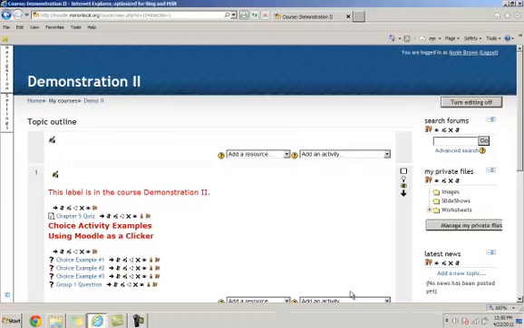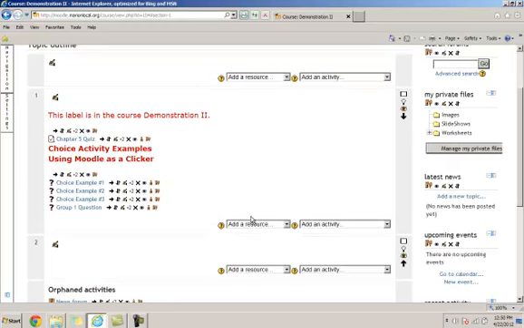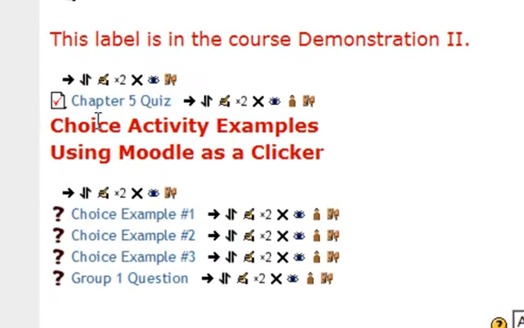Now that you have students in groups, you can either set up your assignments to take advantage of those groups, or you may want a particular assignment to be a whole, all classes, all groups kind of thing. With editing turned on, you can look at all of your current assignments that you have for your students, and